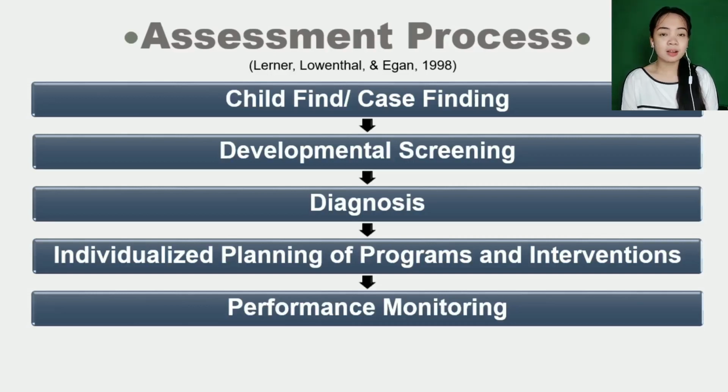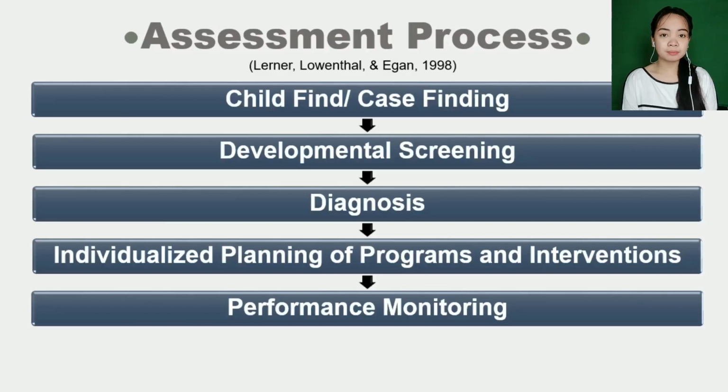This includes the collection of data on a regular basis and analyzing it to determine mastery of targeted skills, taking note of the progress in meeting goals and objectives on the child's Individualized Education Plan or IEP, or Individualized Family Service Plan or IFSP, and determining the effectiveness of the intervention and changes that are needed in the intervention